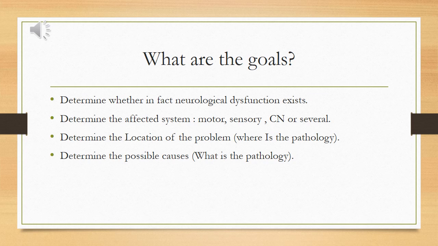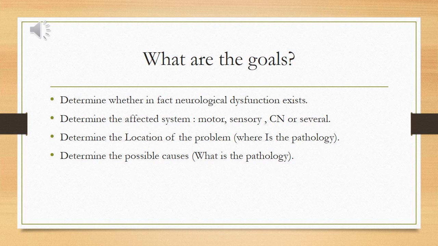Why do we examine patients? First of all, we need to determine if this patient has a neurological deficit or not. After that, to determine which type of neurological deficit the patient has. Is it motor deficit, sensory, cranial nerve deficit, or multiple modality deficits? This will help us in determining the location of the pathology